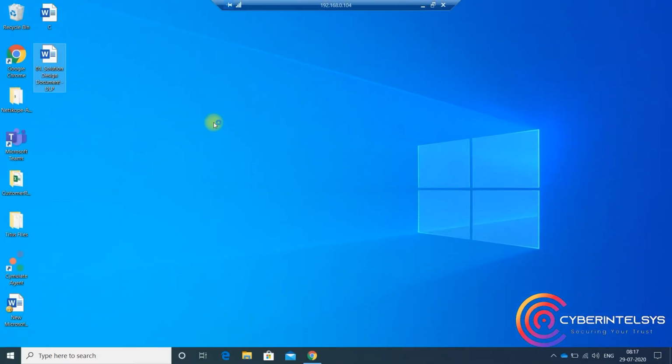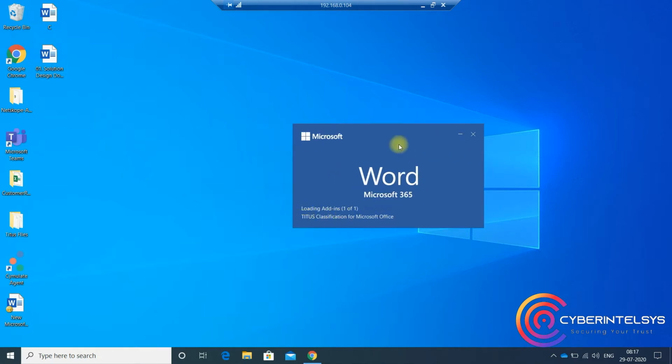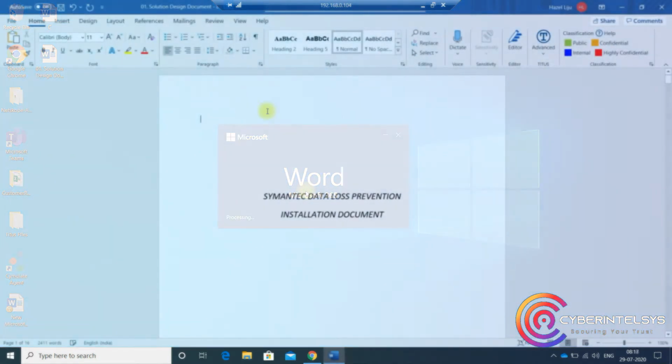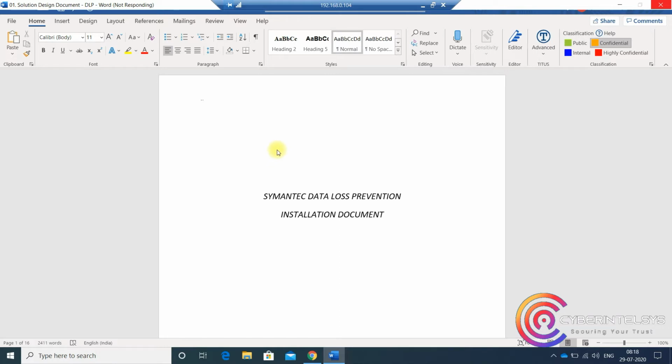Here we have a user working with what appears to be a document containing sensitive data. A simple drag and drop addresses the user's need for anytime, anywhere access to data while making it very easy to share with anyone. To address this need, Titus provides a very powerful platform that enables organizations to classify and protect sensitive data. In this example, we have a document that has been classified by Titus as confidential.